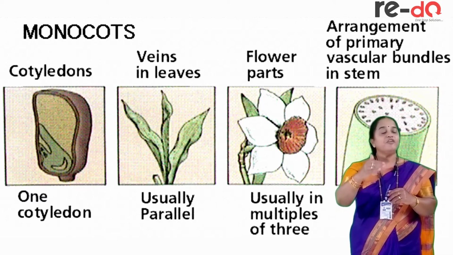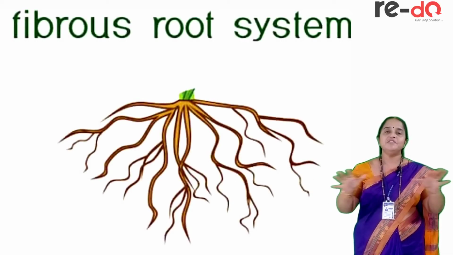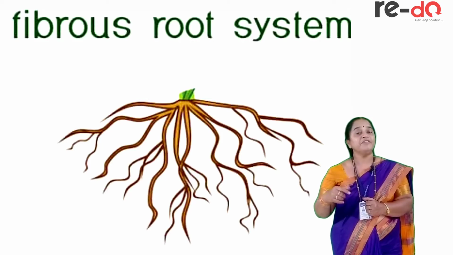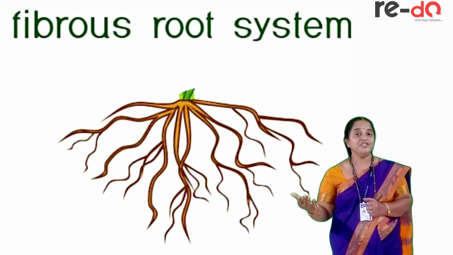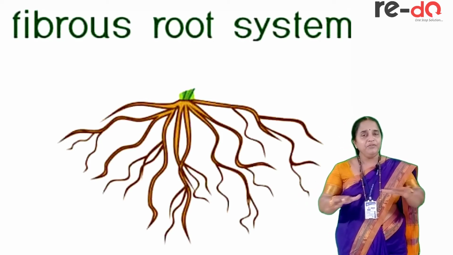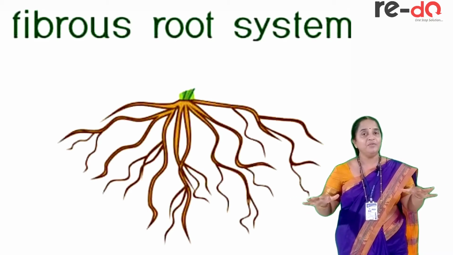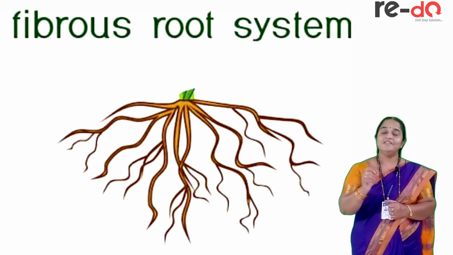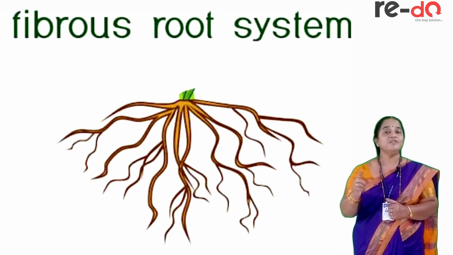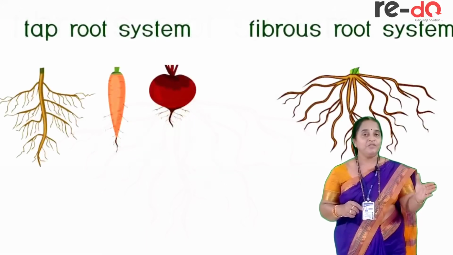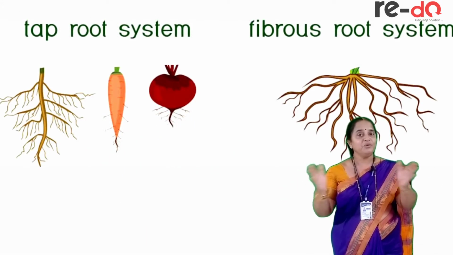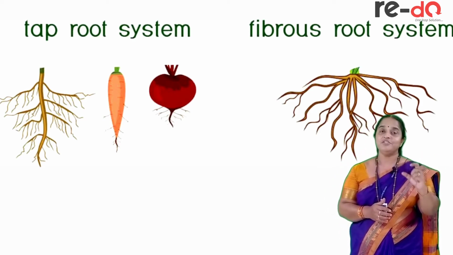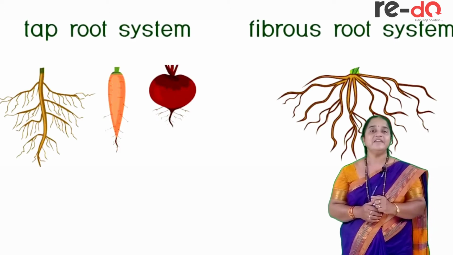And from the base of the stem, numerous branches will arise. These are superficial. Here it is not possible to differentiate primary, secondary, tertiary roots. We can see the profuse branching superficially, with less absorption and conduction capacity. This root system is said to be fibrous root system. Taproot system and fibrous root system are both true root systems as they develop from the radicle, which is the embryonic root present in the seed.